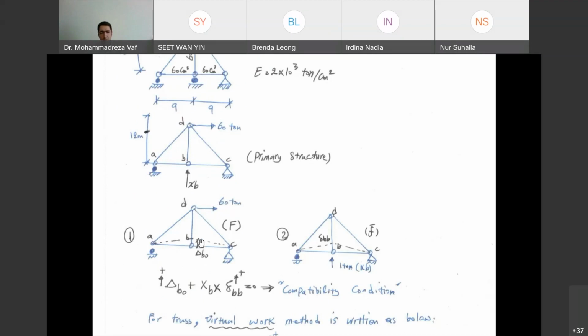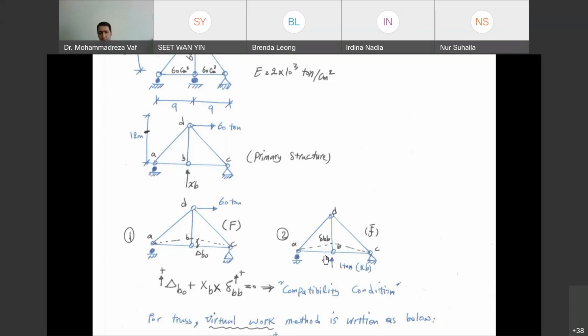So in order to deal with that, we are going to have another structure. This second structure doesn't have the external force, but instead it has a force applied to point B that wants to bring back basically that deflection. We don't know the direction of that deflection in reality. It is toward up or down. It doesn't matter. We can assume it to be in any direction. What matters is that